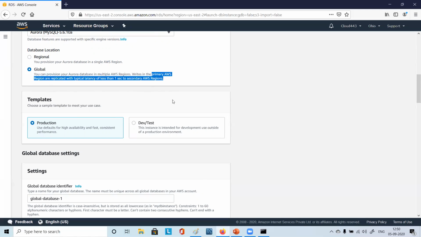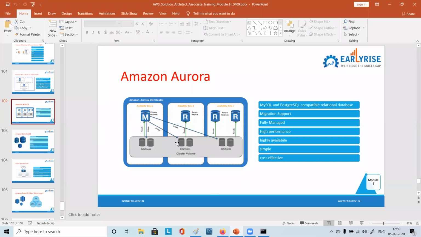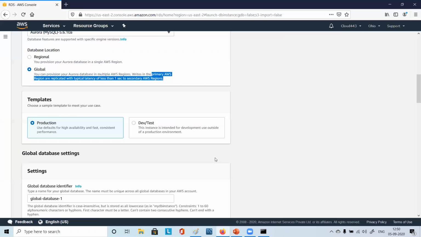That write operation, whatever replication was happening, that is happening in less than 1 second. This is availability zone it is showing. So in the diagram, just imagine 2 regions, and that is happening in less than 1 second. So that much of a feature you're having. So this you can choose in case of production.